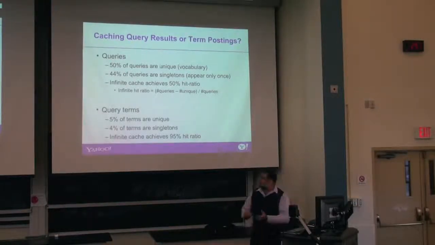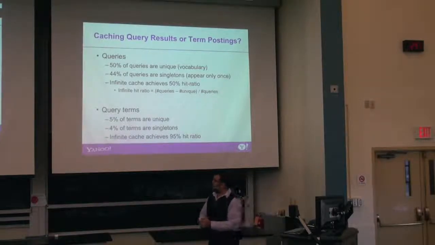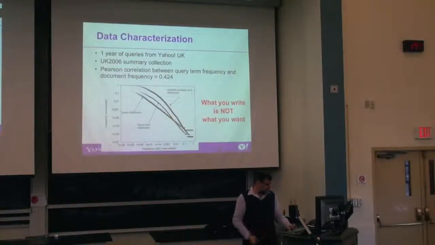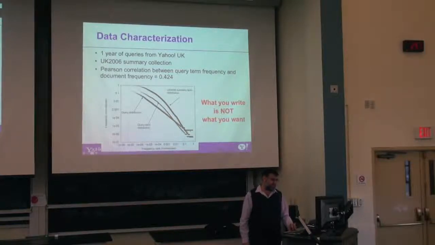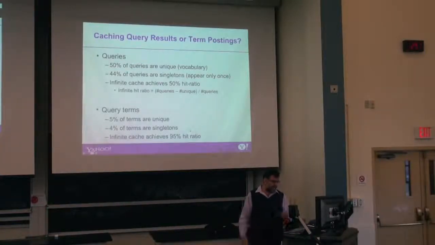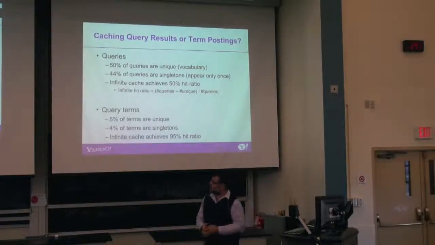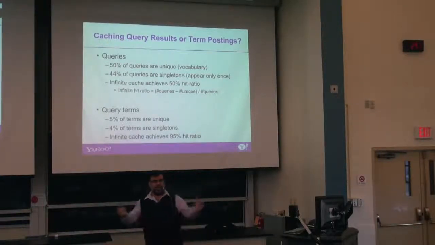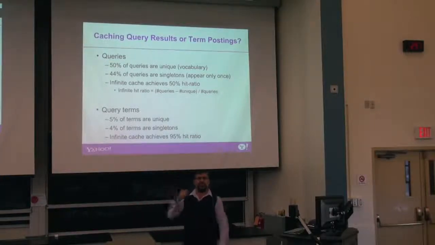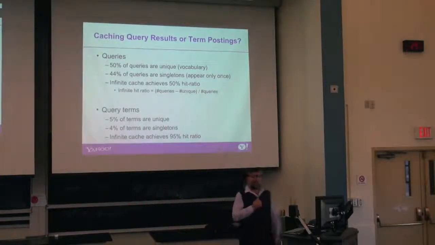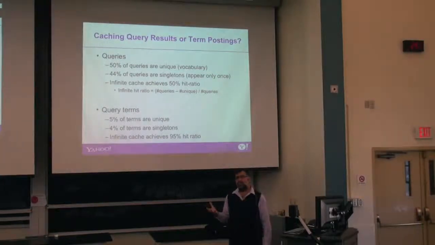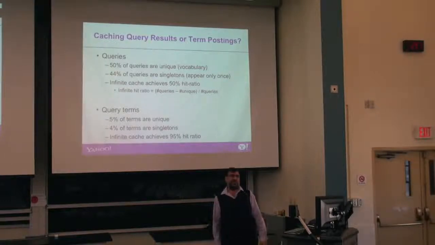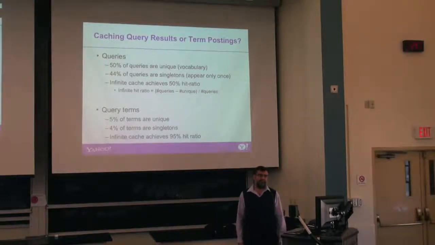So okay, what we should cache? Well, the first problem is the queries are very biased. So the graph here, you see that there are many queries that are basically unique. And the truth is that if you take a typical query log, 50% of the queries are unique in a time period. So basically only one person posts that query to a search engine. And this is really bad for caching because that cannot be reused.